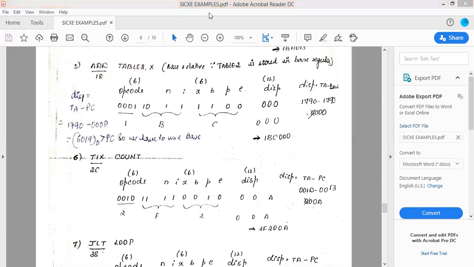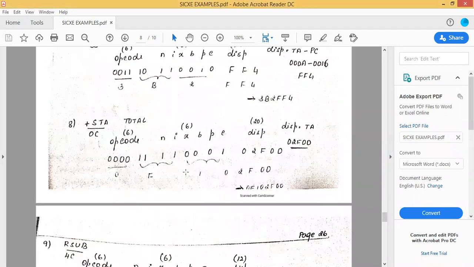Now coming to TIX count. I think this is easier for you to understand by now. So it is program counter. Every time you can convert it into decimal and then find. But once you start practicing, guys, you will realize when to actually check for the out of range case. When you start actually solving the problems, you'll get to know. Now coming to the other instructions, let me move on. I'll not describe each instruction because you have seen all these instructions.